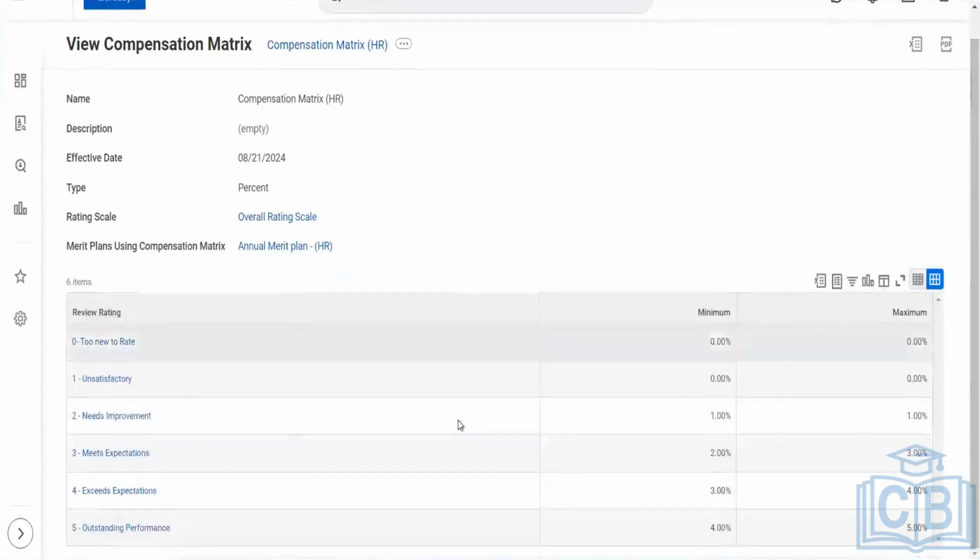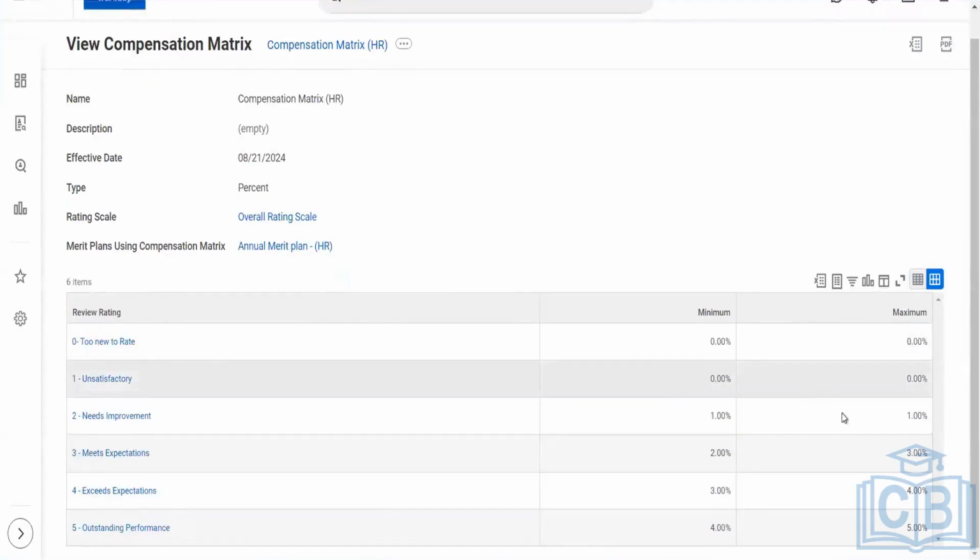Apart from that, here you can see depending upon the rating scale, they have defined the minimum and maximum percentage. It's not a range of the minimum and maximum. This is the minimum and maximum budget simulations they do. Here is where my question came. You remember, quite some time ago I asked how I determine the budget simulation, because the minimum and maximum range, you see the 4% and 5%, right? 5 is the maximum percentage of merit increase and overall across the organization we are going to distribute.